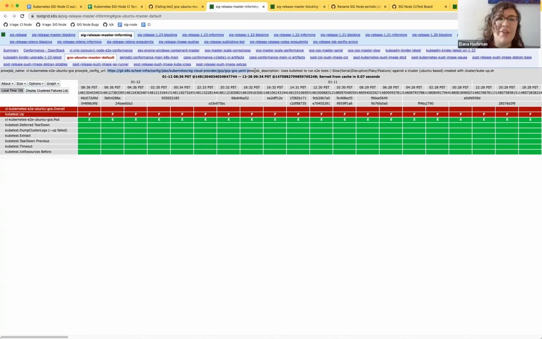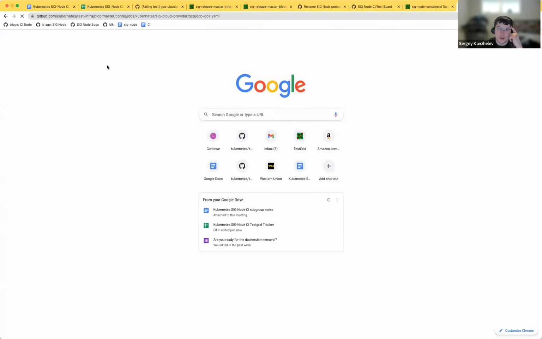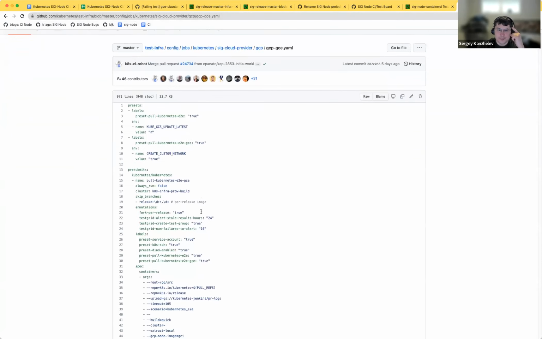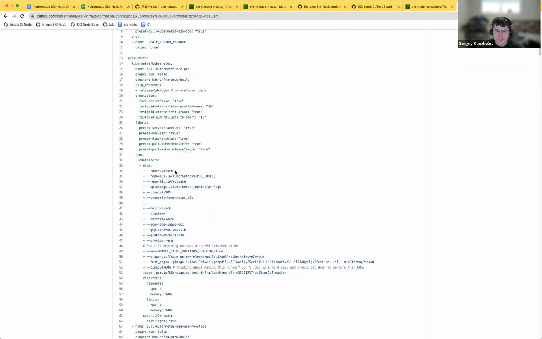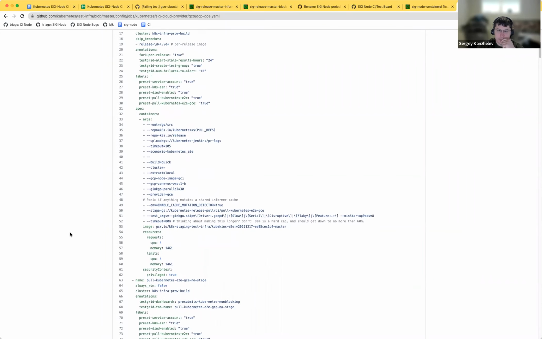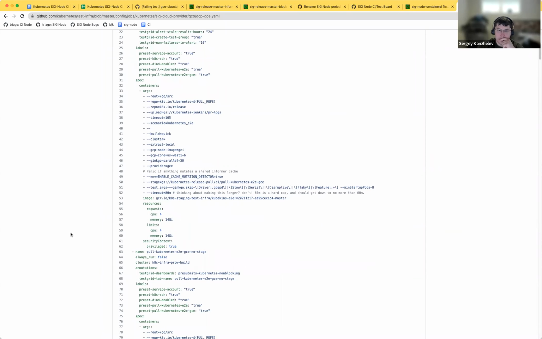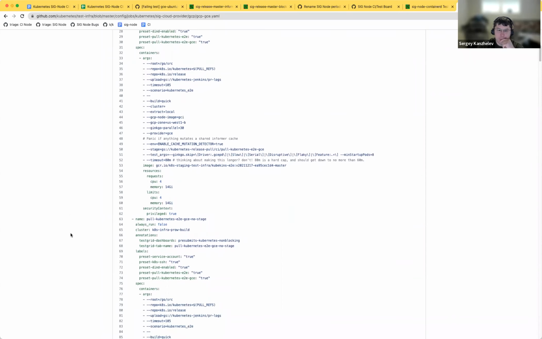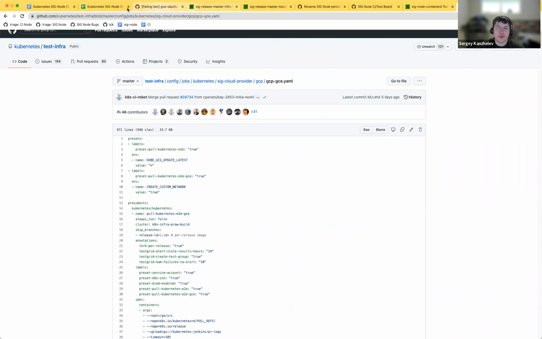I don't know what that test is. It looks like it's owned by cloud provider. Yep, it's in the cloud provider folder. Which one is it?